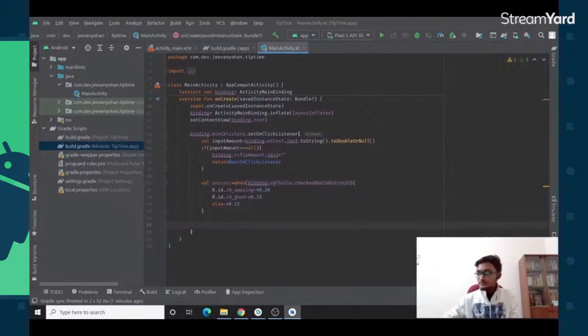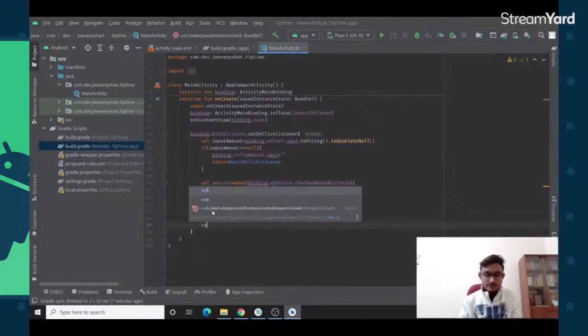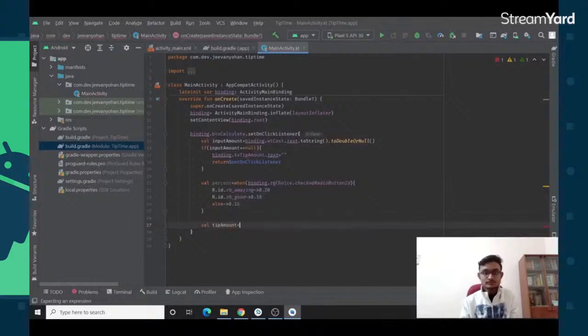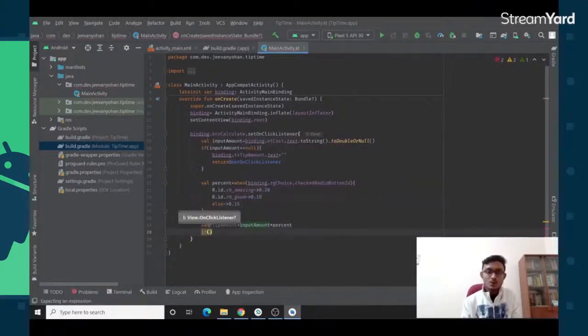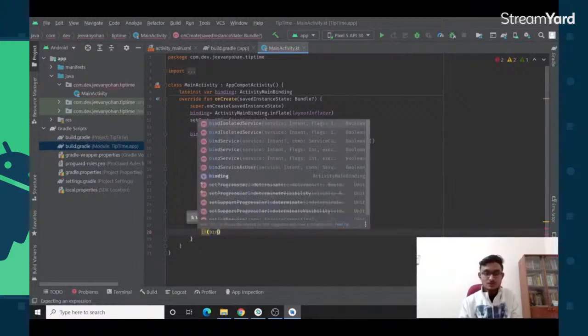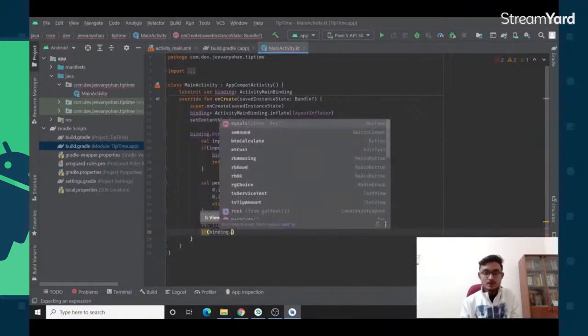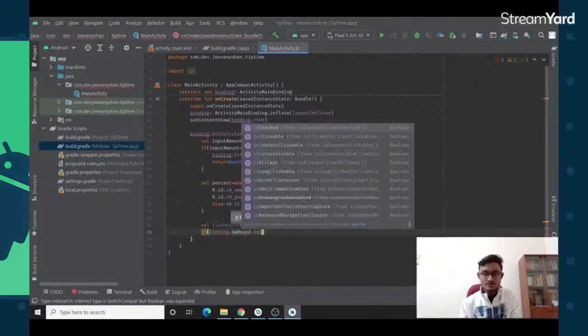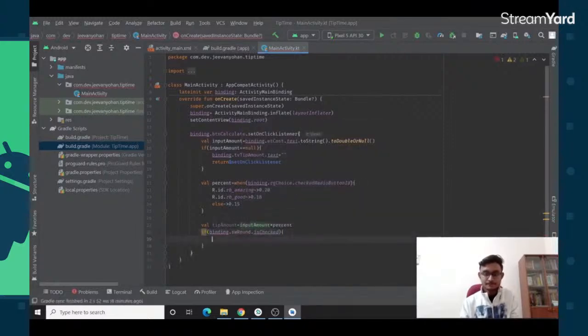And after this, we are calculating tip amount as input amount times percent. And then we have to check whether the user has selected to round up the tip. So for that, we are going to use if binding.swRound.isChecked, tipAmount is equal to,